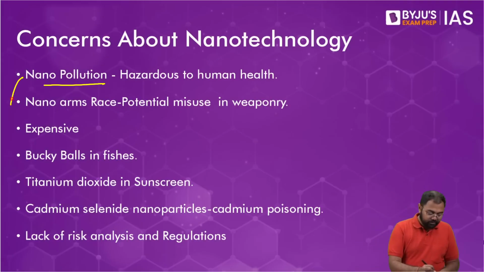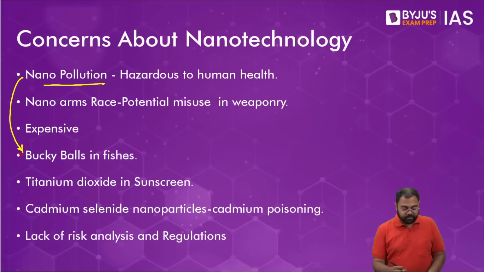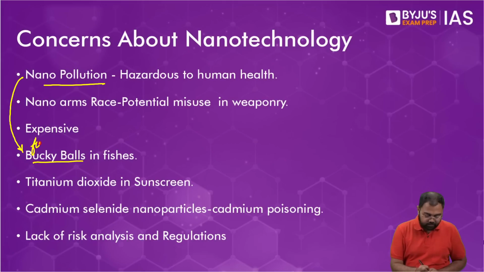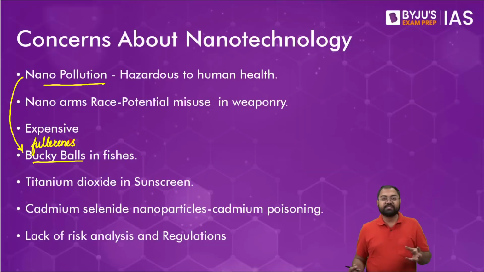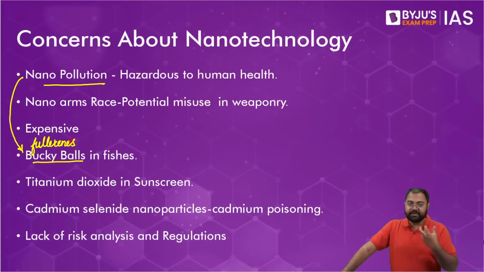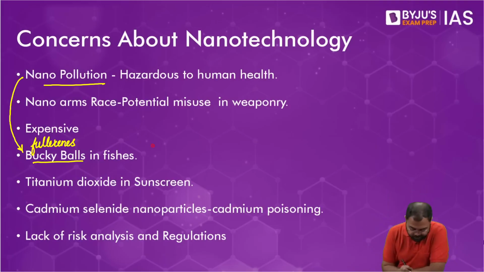So for example, buckyball in fish. Now buckyballs are nothing but fullerenes. So these fullerenes have been found in fish. Now, if fullerenes have been found in fish, it simply means that they have acquired them from the environment, either from a smaller organism that they might have consumed, or from water, or whatever they are feeding upon. Now, they will be eaten by a higher predator. So there also the same fullerenes will keep depositing. So in this manner, we'll see that because of the concepts of